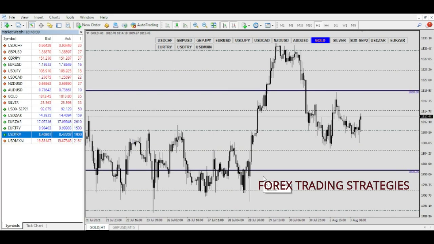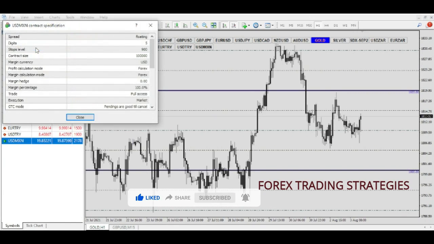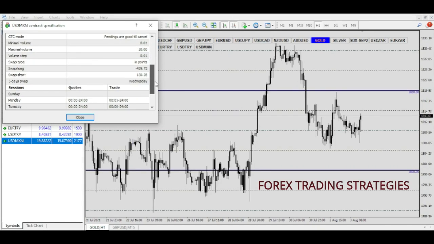So what is going to happen is whatever time the markets flip over to the next day. This is USD Mexican again. There's positive swap on the shorts and negative swap on the longs. So what you can do is, you do not need to hold USD Mexican the whole day in order to benefit from this. What you can do is, you are going to be scalping. So a few minutes